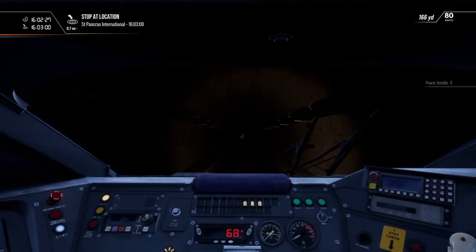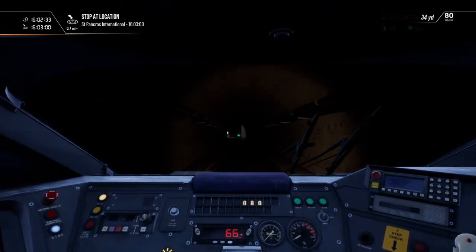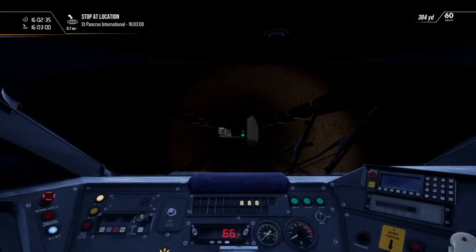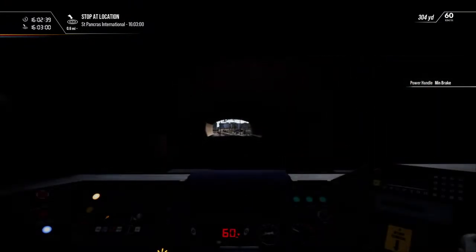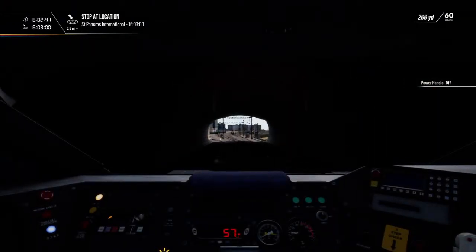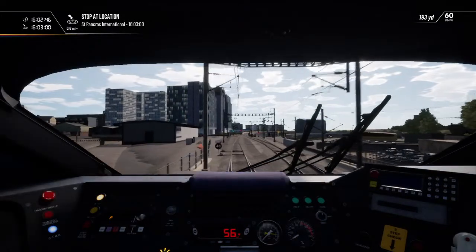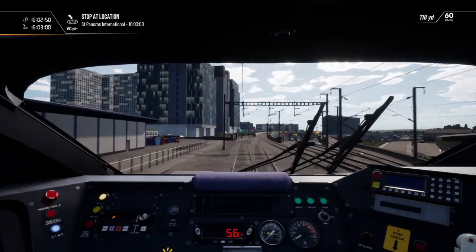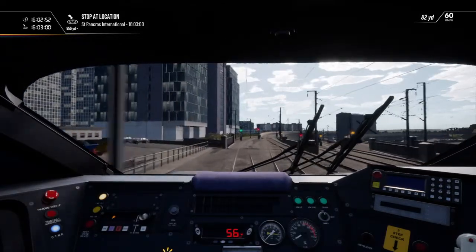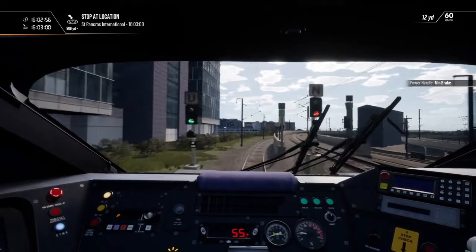Still going up a hill, I think. Yeah. This, and there's no backlight on the gauges as you come through here. There should be backlights on the brake gauges, I think. So you have to be sort of awake as you come through here, because you go straight down to 60 and then it wants you down to I think 30 or 40 fairly sharpish after. The brakes will manage it fine, but you need to be awake and paying attention